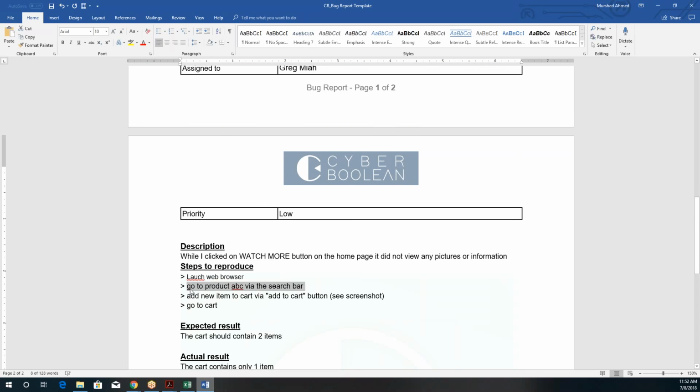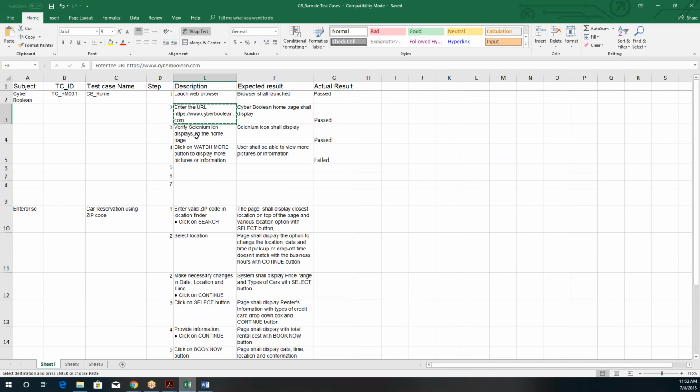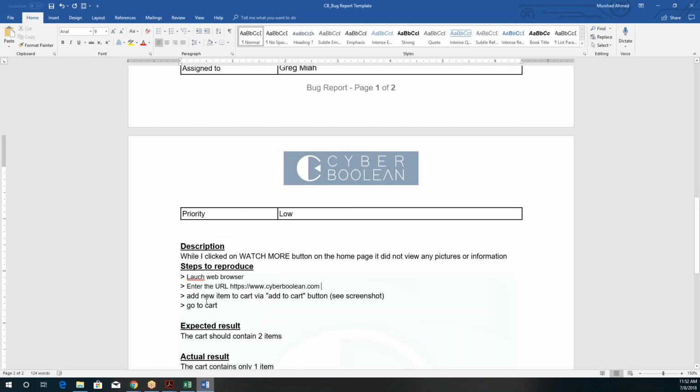So basically your test case is going to go there. You don't need the verification for the reproduce, so you can directly go to the last one, which is